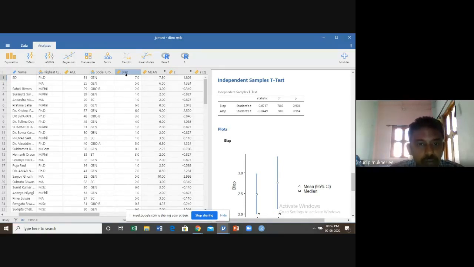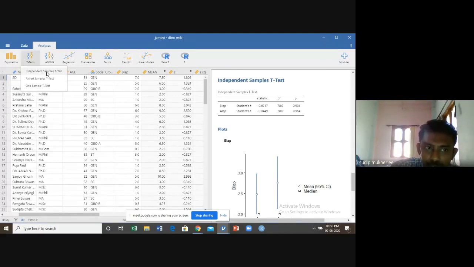In this case, we again try to test the mean of the computer use before lockdown and after lockdown. Here the group is the same, all 80 observations. When the group is the same and we compare the mean of the same group before and after, or post and pre situation, we have to use the paired t statistic. So there are two options: independent sample and paired sample.